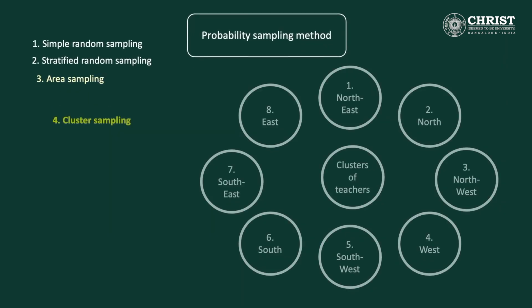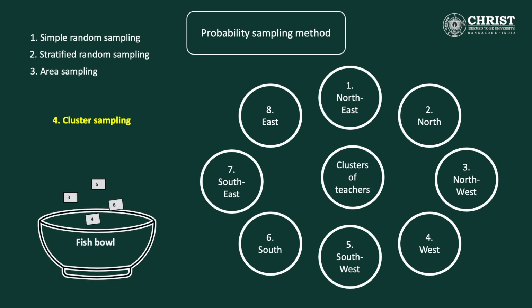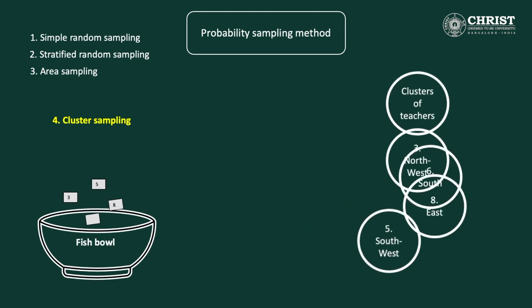In the cluster sampling method, instead of areas, we are choosing clusters. Imagine that we have to conduct research among the teachers from an educational district. The teachers in the educational district are the members of different clusters. Using a random sampling method, we can choose 4 of these clusters and then collect data from all the teachers